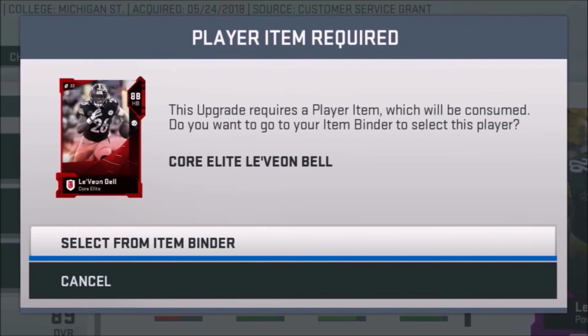Now, this one says select from item miner because he must be in this set going to do this, but it says this upgrade requires a player item which will be consumed. Do you want to go to your item miner, select this player, and you guys can see Le'Veon Bell is an 88 overall. Now, if you're wondering why he doesn't have a chemistry,